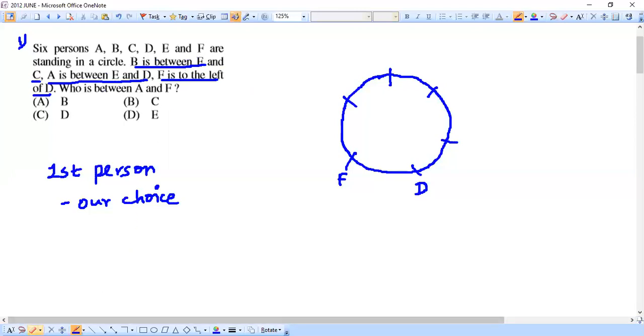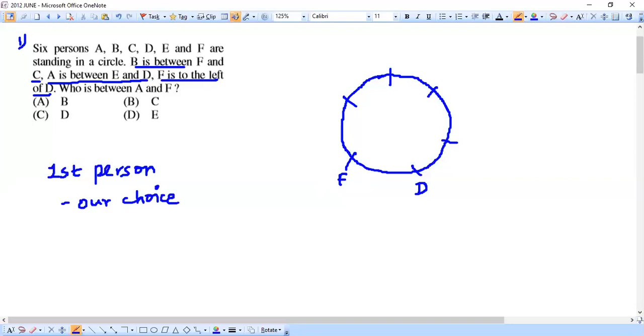I'll just erase it and show you so that the question looks even better. See here, this first condition says B is between F and C. So now we can be very sure B is between F and C. See here, F and C, it is what is given. So that means we have two choices to fix the person